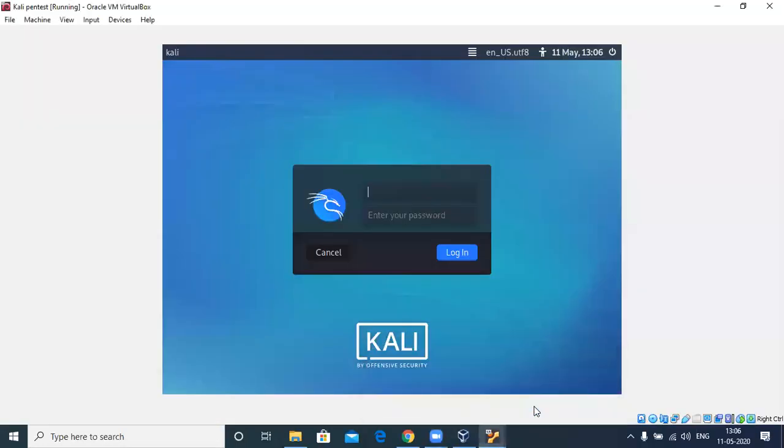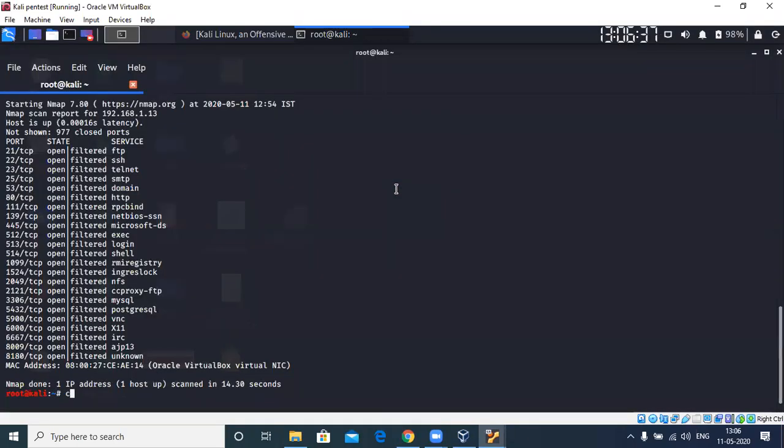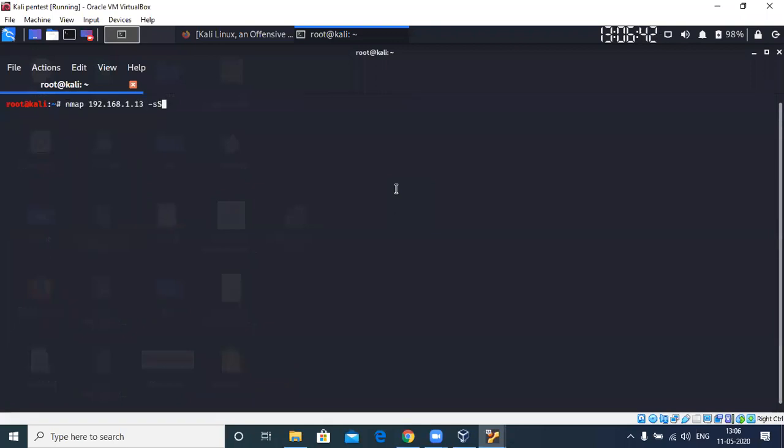So let me explain the exact difference. As I was telling you, whenever you perform a SYN scan, let's take the SYN scan for example. Let me go ahead and perform the SYN scan, just to give you confirmation that this is a SYN scan.